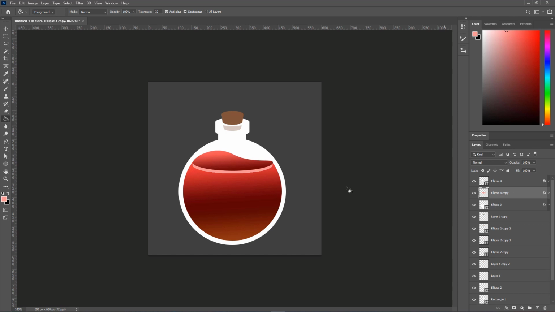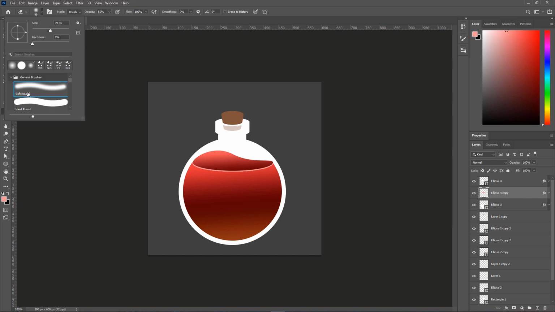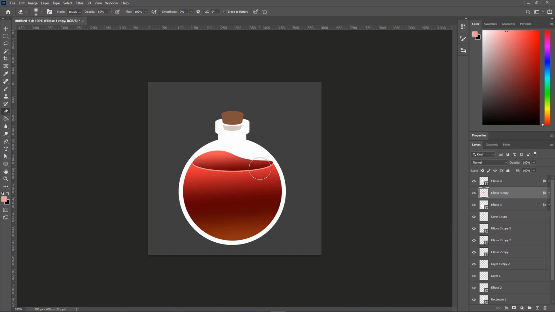Okay, let's choose the V key and let's move it a little bit to the top. Alright, let's click Ctrl T and make sure it's perfect on the right. And now let's choose the eraser tool and let's choose the basic soft round brush and let's just delete some of it, as you can see, just like that. Alright,